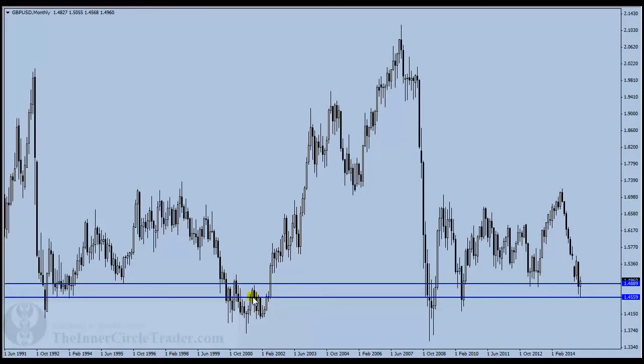Look at the bodies of these three candles in here, this candle, the body of this candle, and the body of this candle, and the body of this candle. You see how that's all really close to that same overall price level? What is that suggesting? This is suggesting that what's in here would be deemed an institutional price level,